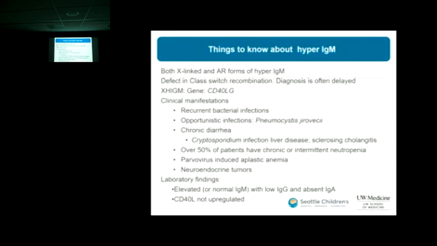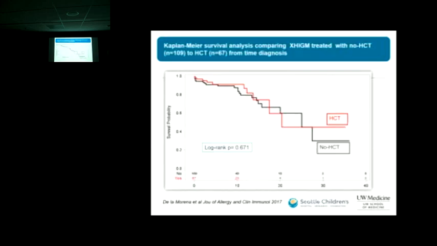Keep X-linked hyper-IgM in mind in your male patients with a CVID diagnosis, because your IgM may be normal initially, and your IgG may not be completely absent, and over time you can see it. Even though transplantation is critical and is curative,